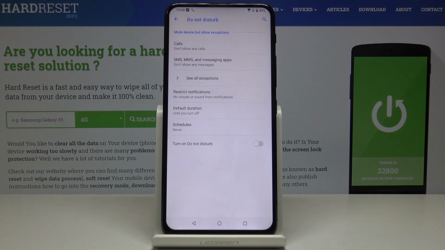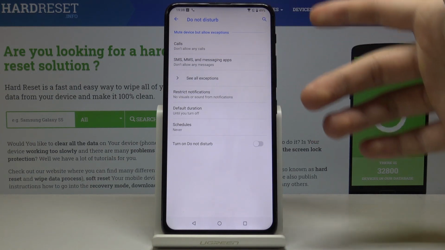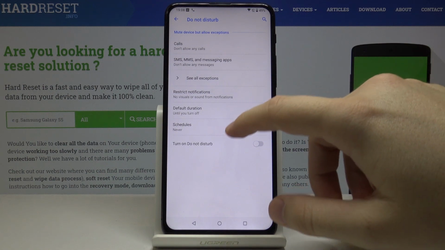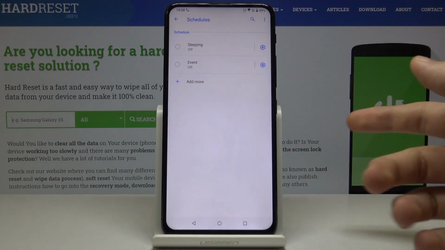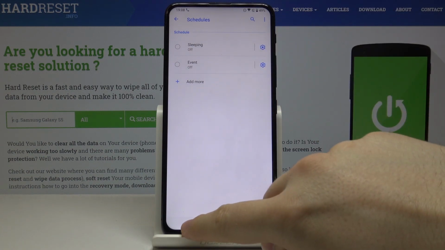And of course you can also manage all of the stuff, so calls, messages, notifications, and you can also set the schedule, as you can see. So it's pretty cool